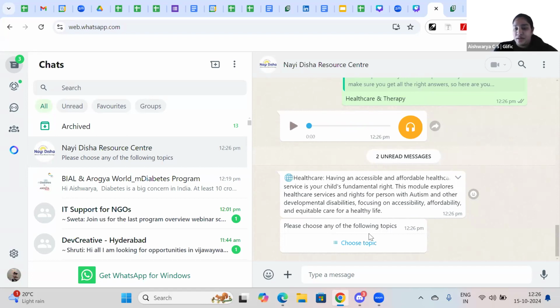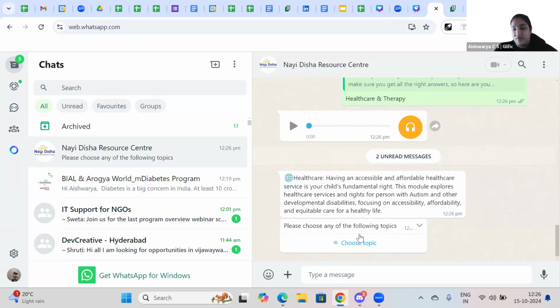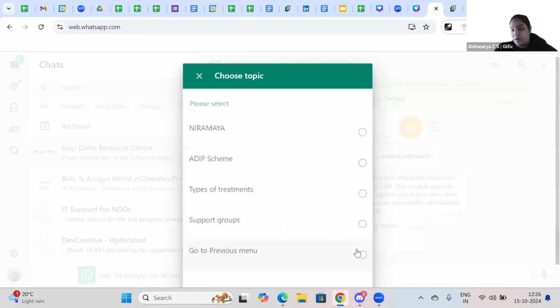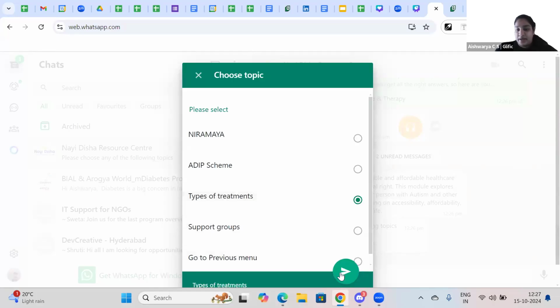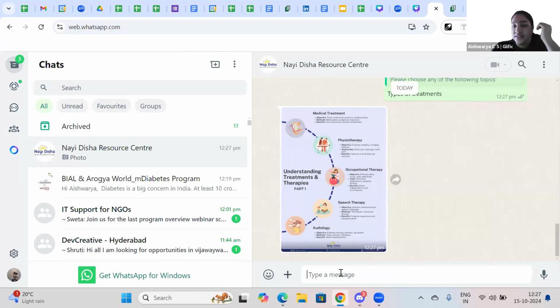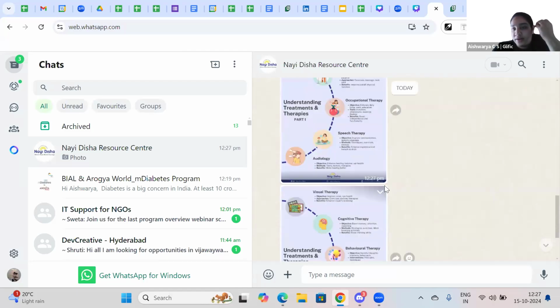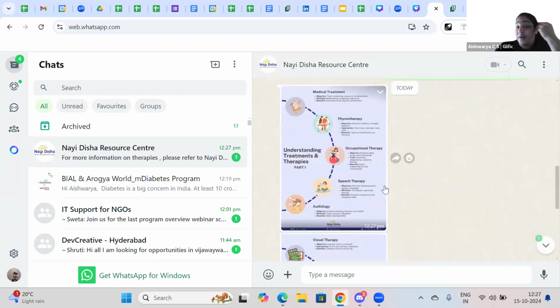Right. So whatever was given in the form of text is also sent as a voice note for easy accessibility. And then if I want to know more about support groups that are available or types of treatments, I can select a choice. So you see that the choices are getting more and more personalized in order to send more and more personalized content to you. So when you say you would want to know types of treatments, since the treatments depend on the kind of